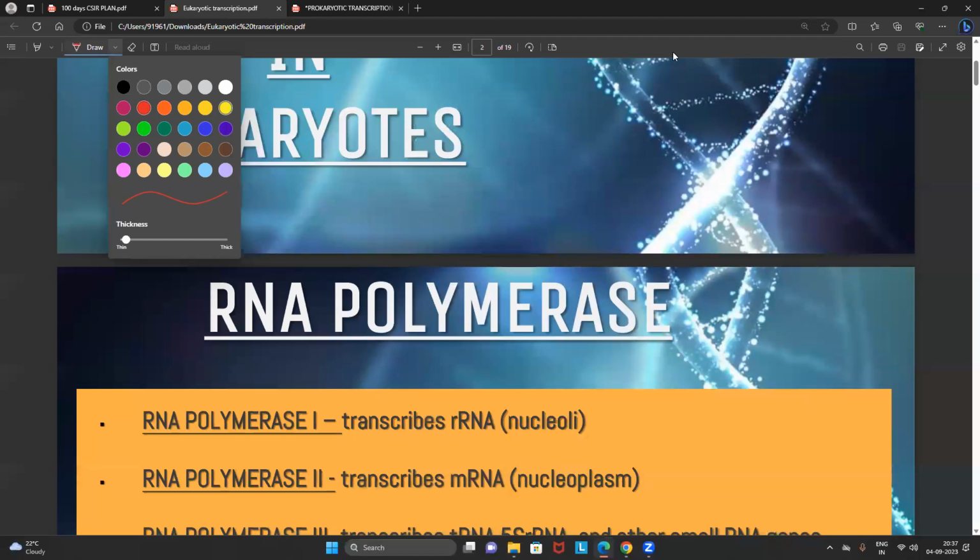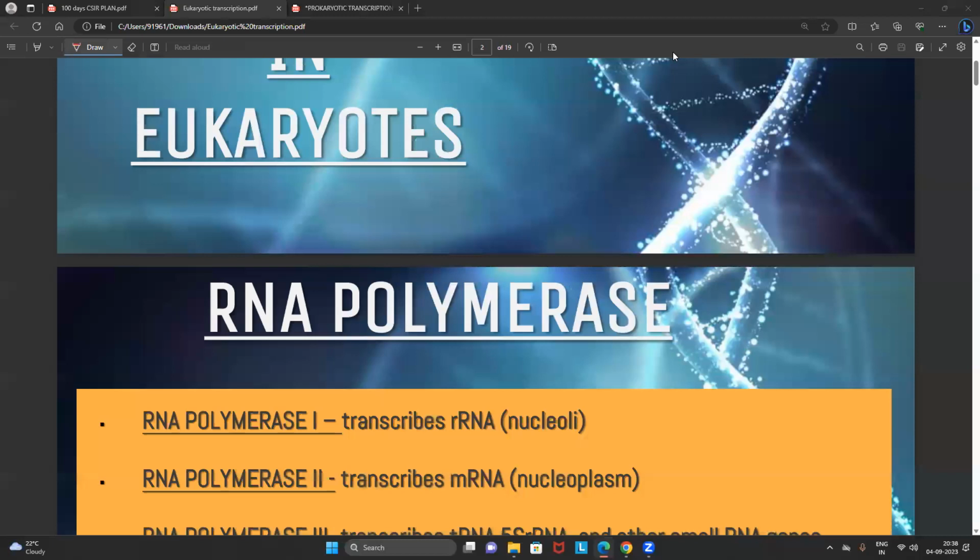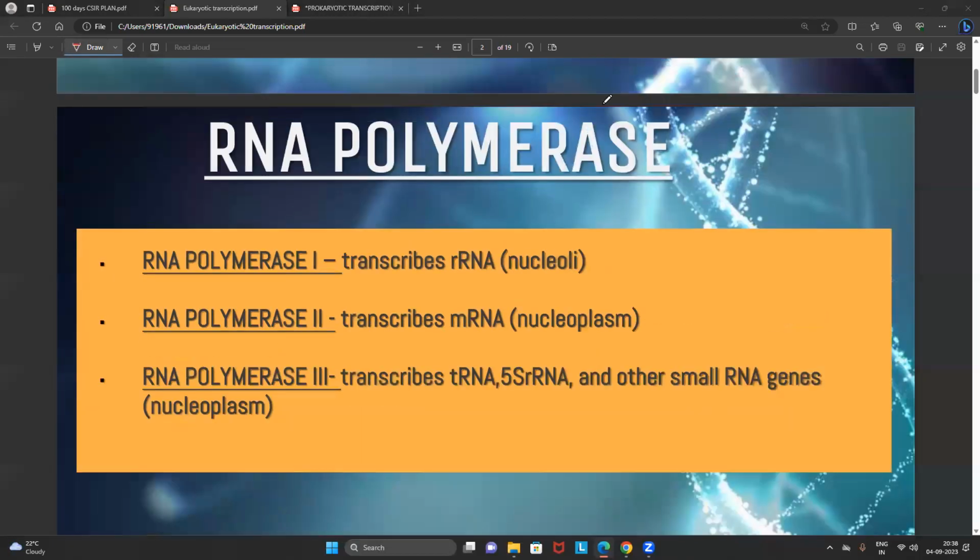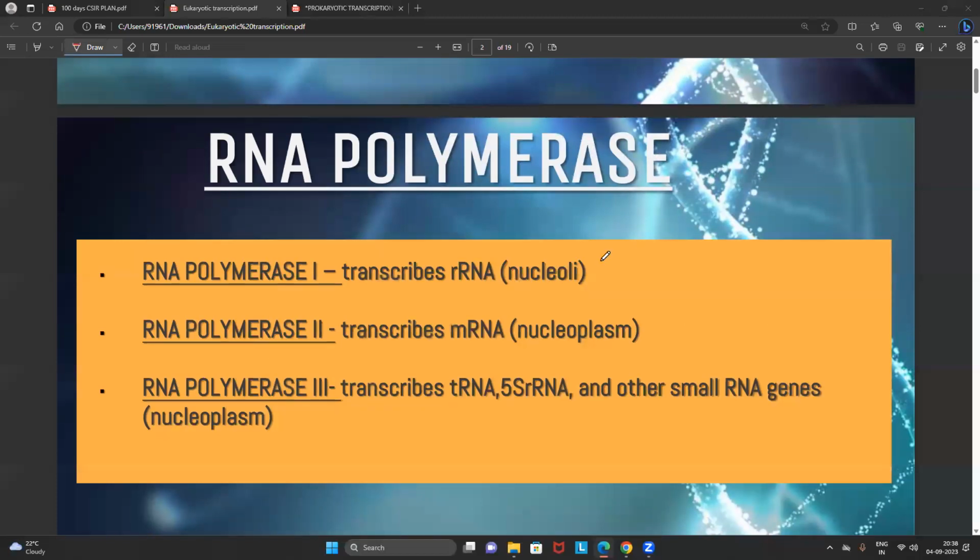Okay, that's perfect. So now what we have to understand is eukaryotic transcription. Everyone quickly answer my question. In case of eukaryotic transcription, where is the transcription taking place? Where is the site of transcription in the eukaryotes? All the students, undoubtedly, it is taking place within the nucleus only, because all the RNA polymerase enzymes